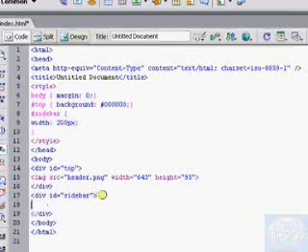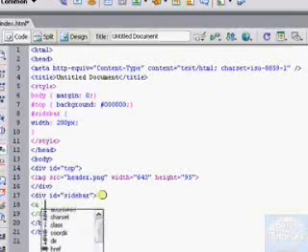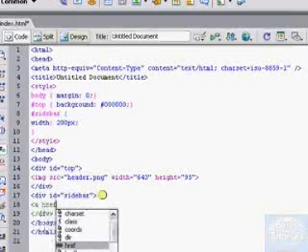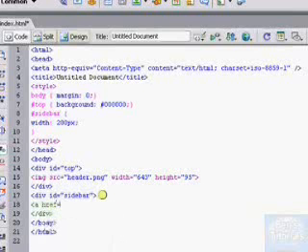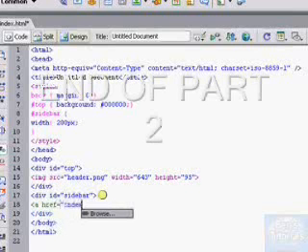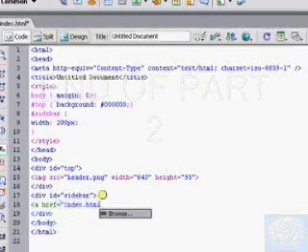Now here's how you make links. You do the opening caret, a, href, which means it's hyper referencing it. So equals, and we're going to make this just say index.html. That's the name